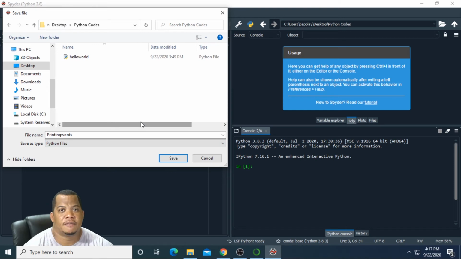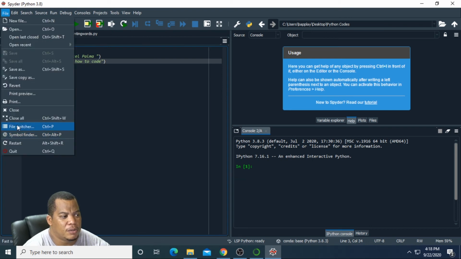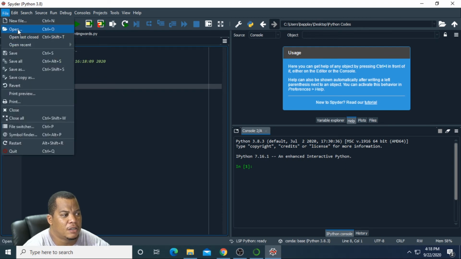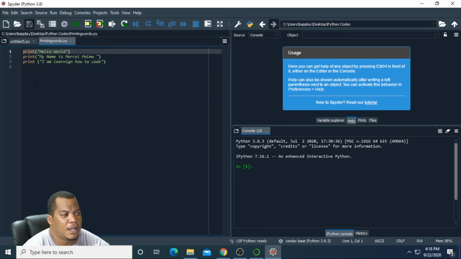So as a Python file, the extension will be .py, which can be used then in any Python compiler, right? Or you can run it. Well, if you compile it, then you'll have to execute it. Sorry. So save, and that should be saved now. So if I were to close this, notice it's not there. So I would go to File, Open, and I'll choose Printing Words, and it appears back,